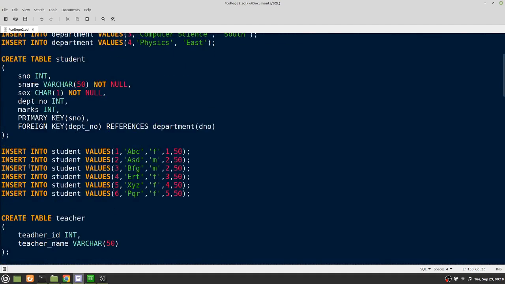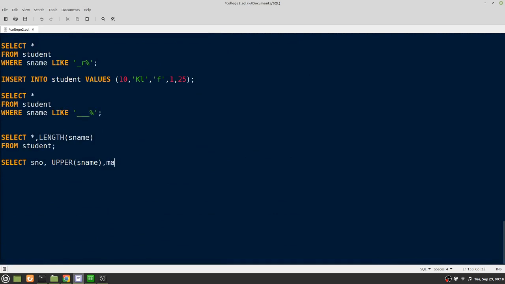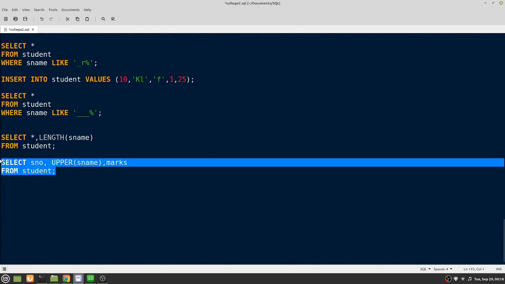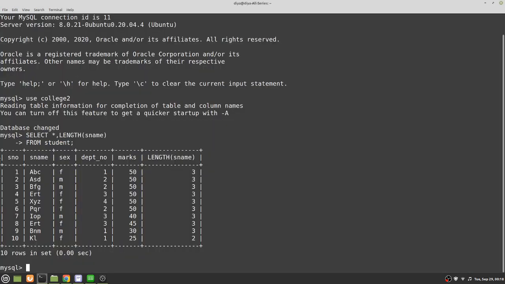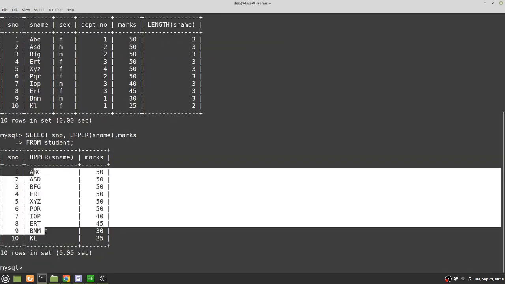Let's say marks from student. If I copy this and paste it in the terminal, you can see all the names are in capital letters.